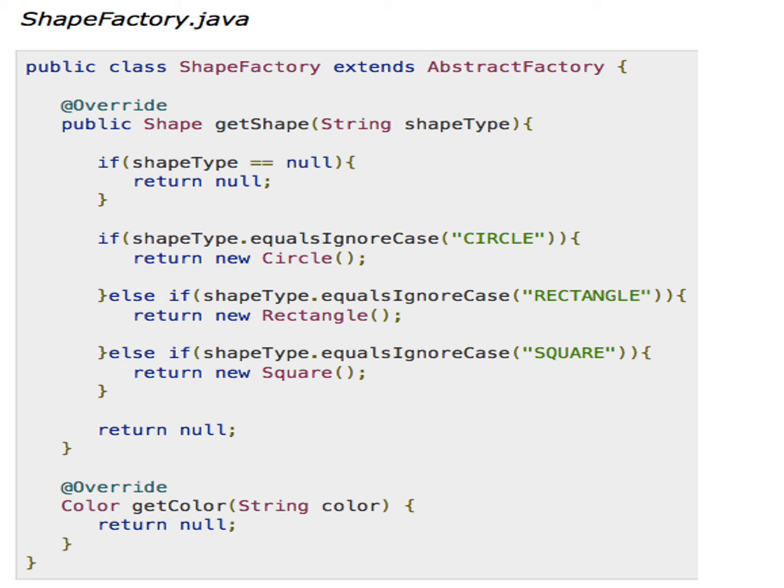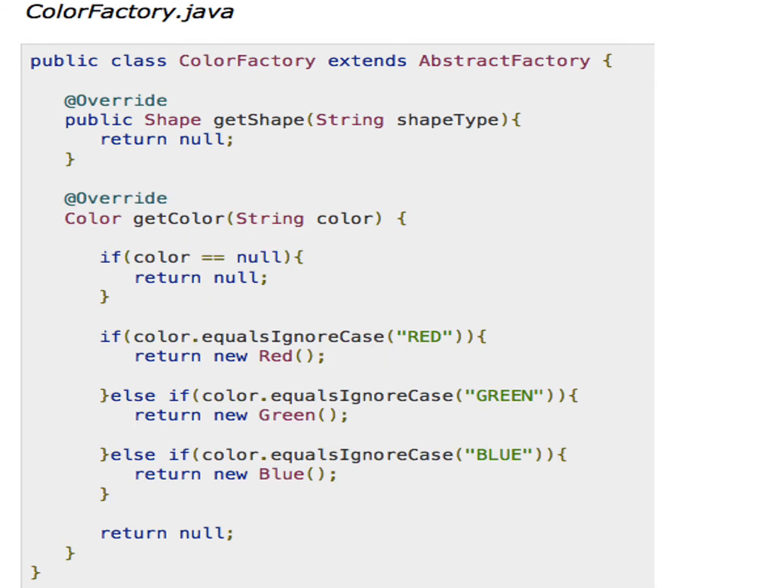And the second method, get color, is just empty, because the shape factory is only responsible for the creation of shape objects. For the creation of the color objects, the second concrete class of the factory will be responsible. So let's move to the color factory class.